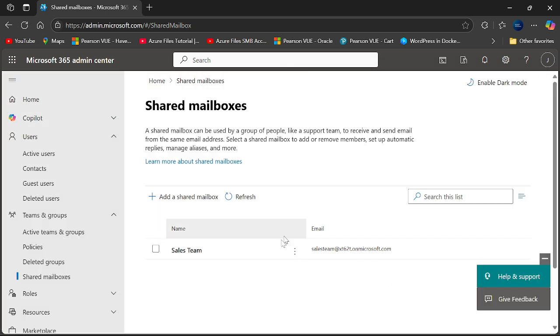So now I have granted myself access to the sales team's shared mailbox. How do I access it? Just the way I access a user account whose password I do not have, that's the same way I'm going to access a shared mailbox. Okay, so let's go ahead and access a shared mailbox. But before we do,